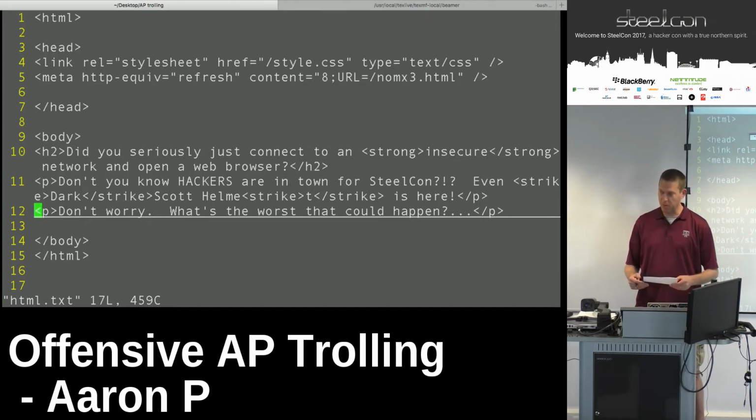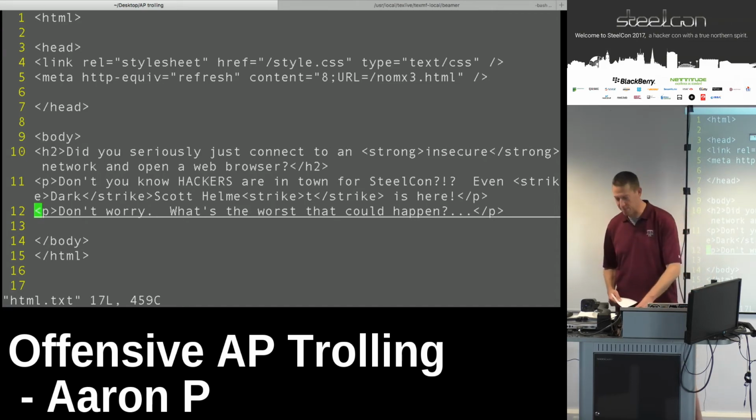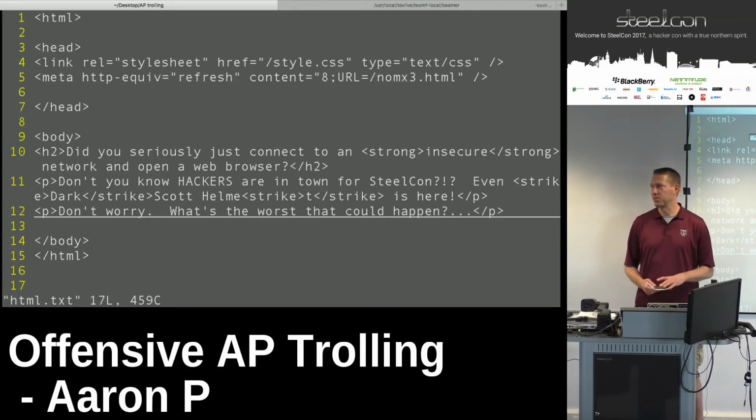Oh, the other thing is, if you don't want to do a captive portal, then you can immediately just route traffic if you have another Wi-Fi dongle or a 3G or 4G connection, and you can run Burp on your Raspberry Pi and just inject whatever you want into the HTML flow. So, yeah, you can really just own anything that immediately connects to your Wi-Fi. And it's small, and it's easy, and it's cheap. Any questions?